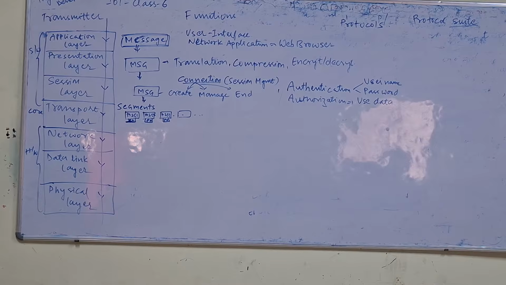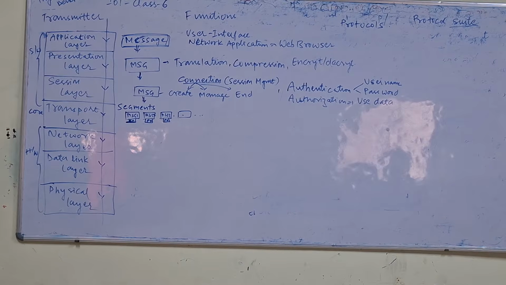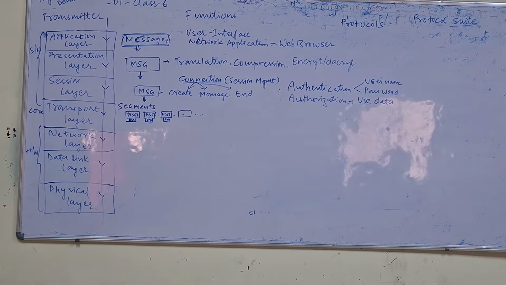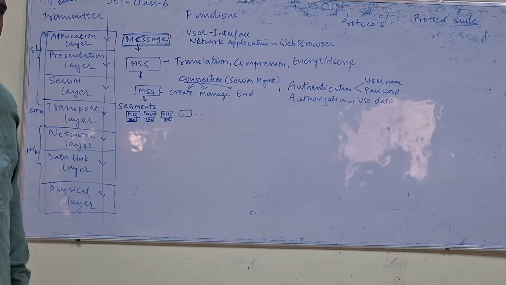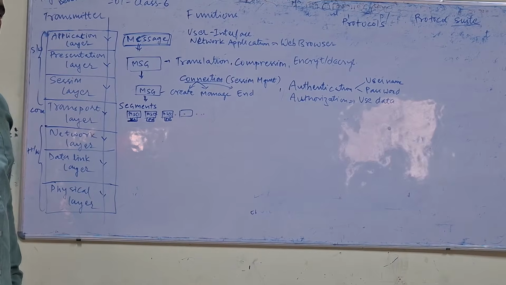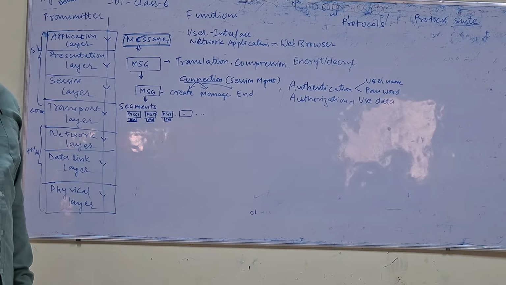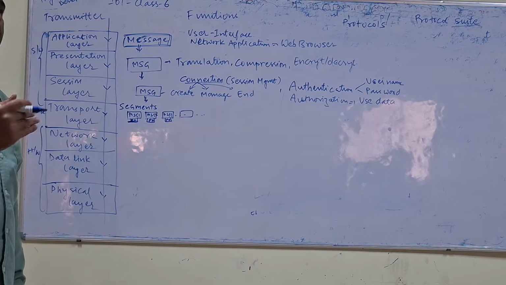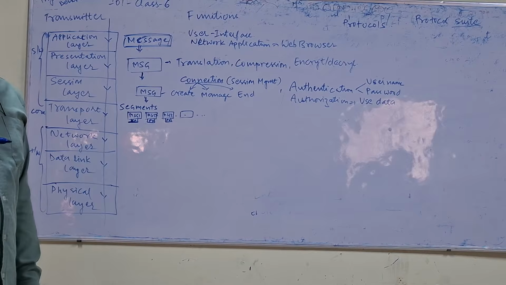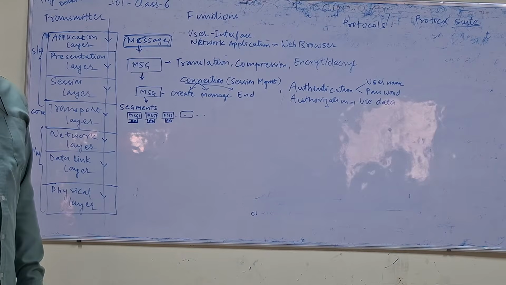For example, HTTP has a different port number, HTTPS has a different port number. Your system will have an IP address. Now you are using a computer, and your computer has an IP address. You open it, communication is happening. Now, if you open multiple tabs and use multiple applications,